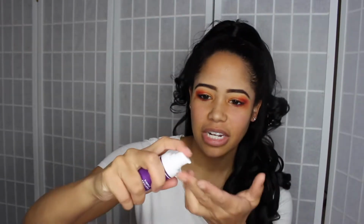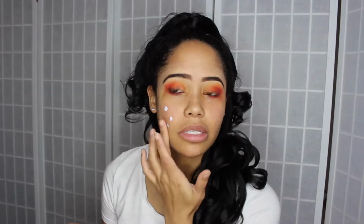The first primer I'm going to be using is this CoverGirl Simply Aging Anti-Aging Foundation Primer. This is actually supposed to improve your skin over time the more you use it. The only thing I don't like about this is that it comes off white, so you have to use just a very small amount. Otherwise, it gives you this ashy cast on your skin. So you only need just a little bit. On this side of my face, I have a really big pimple, so you guys will see just how well